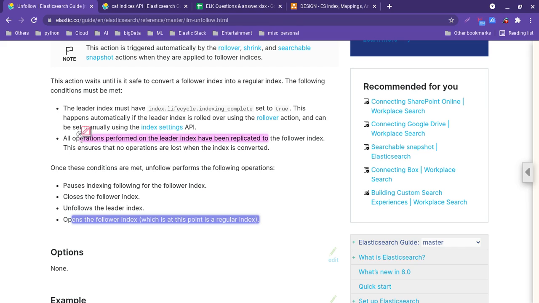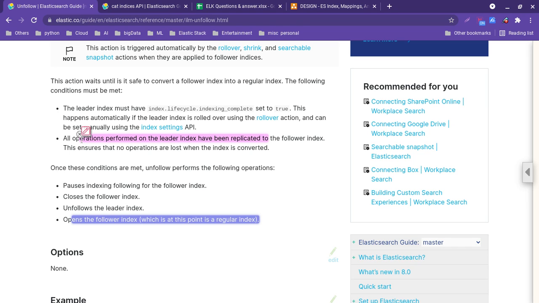First, the resigned resource has to say, I have completed all the stuff. Second, he has to complete all of his KT. Similarly, the leader index has to complete all of its tasks.